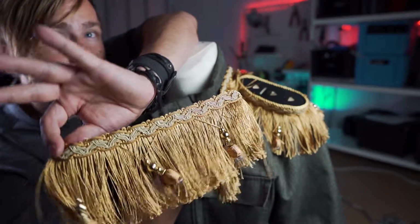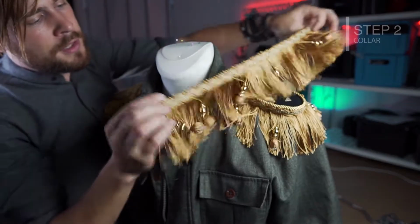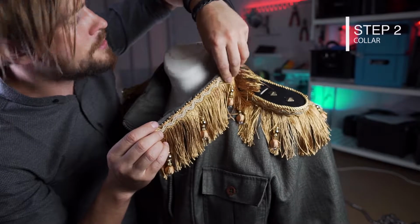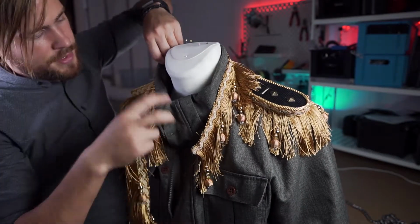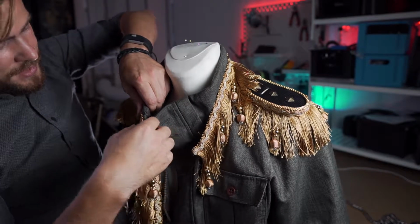So to add some more detail, we're gonna use this guy again and just put it around the collar in here, from around here all the way until there. And just by hand, you can take the measurement more or less. That'll do. So I'm keeping my finger in here so I can just...